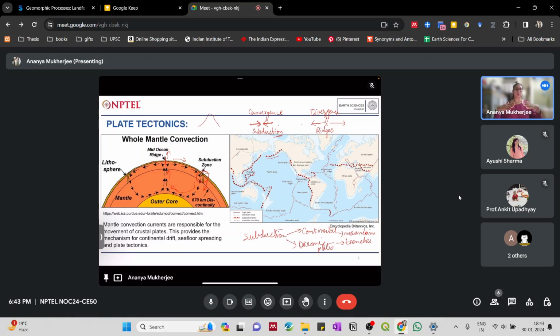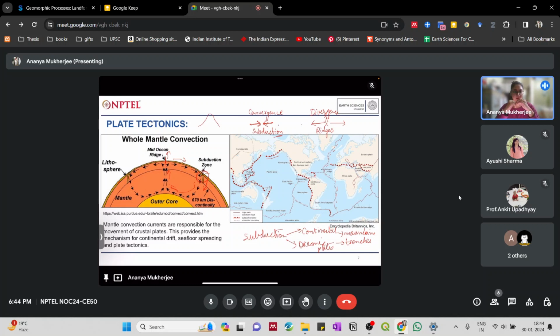How trenches form is, if one plate is moving and the other plate is moving, and they are converging, mountain building will go on top. Some material is obviously lost, but most of the material is building up on top of each other. But sometimes in subduction, one plate is being destroyed because it is going down towards the mantle, and some part of the other also gets destroyed, but mostly it is not destroyed completely.